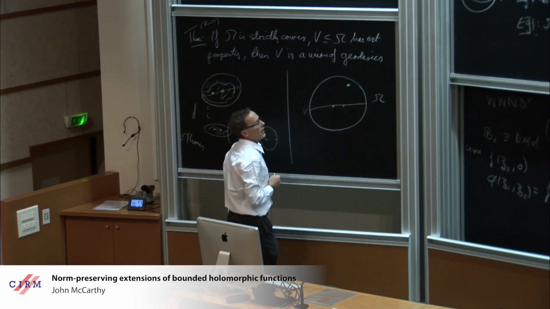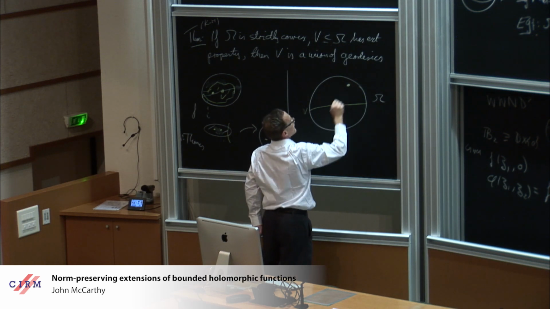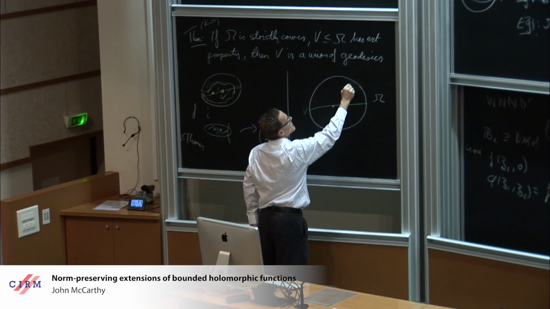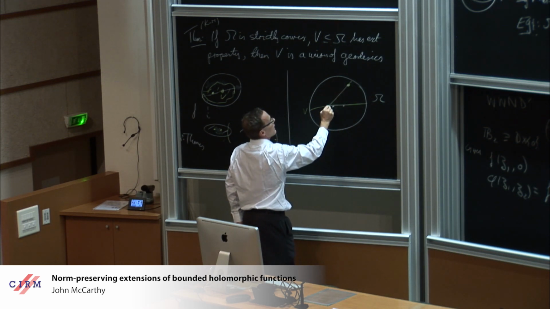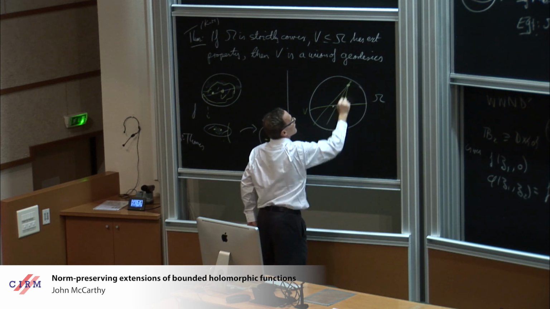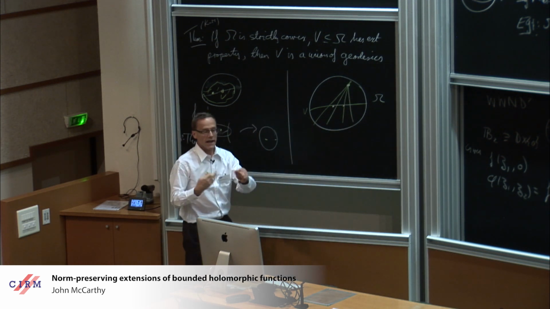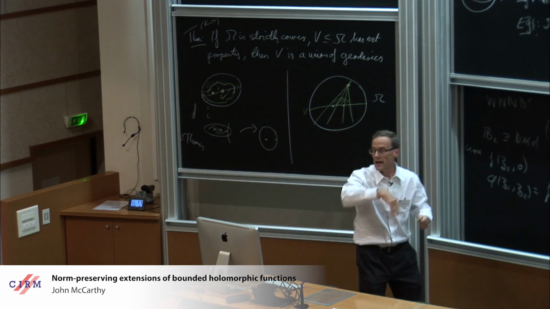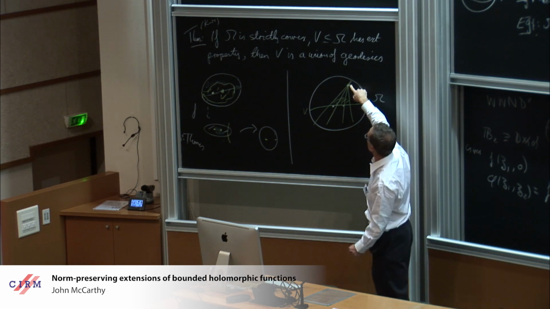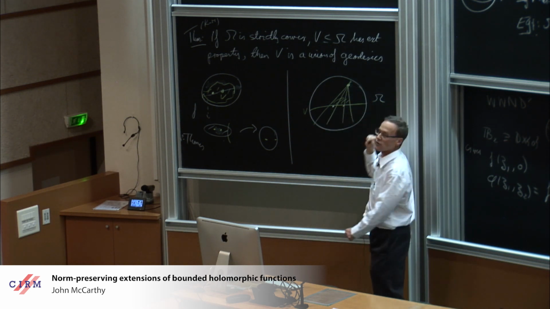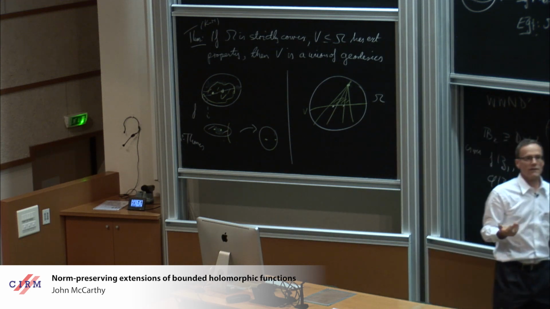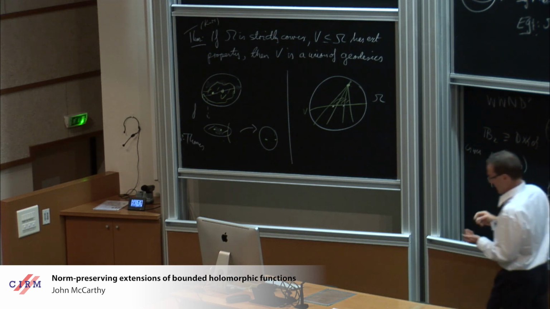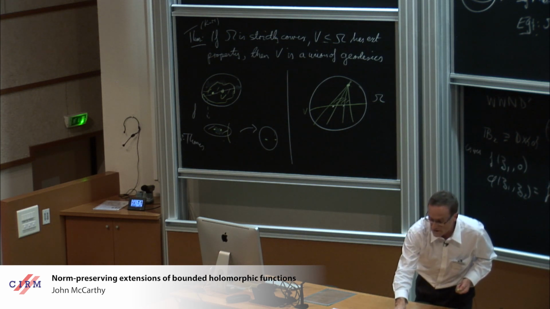So I take this point here. This is in V, and all these points are in V. Therefore, every geodesic from here to here has to lie in V. So I start filling these out. I draw these geodesics. And eventually I get a set with interior just by looking at the geodesics through this extra point as I range across V. Once I have a set with interior, and this is where the fact that I'm in 2 dimensions kicks in, then I'm done.